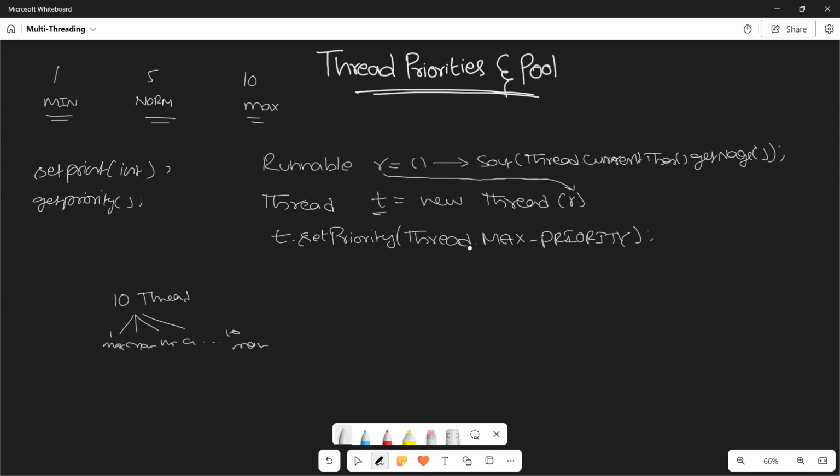Max priority thread gets the first chance. Why? Because that depends on the platform-specific implementation by the JVM, right? The JVM is platform dependent, right? So depending on that platform, it will decide which thread gets the first chance. So this is about priorities, and if you want to get the priority,